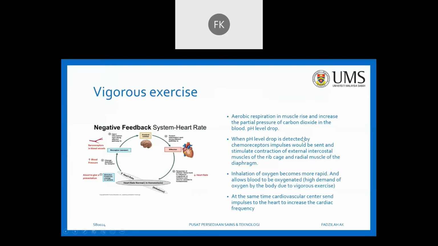When you are involved in active exercise, like jogging, aerobic respiration in the muscle rises and increases the partial pressure of carbon dioxide in the blood. When there is more carbon dioxide in your blood, the pH level drops. When the pH level drops, your chemoreceptors will be sensitive to that, to the pH level and the pressure of the carbon dioxide. When it is detected by the chemoreceptors, impulses